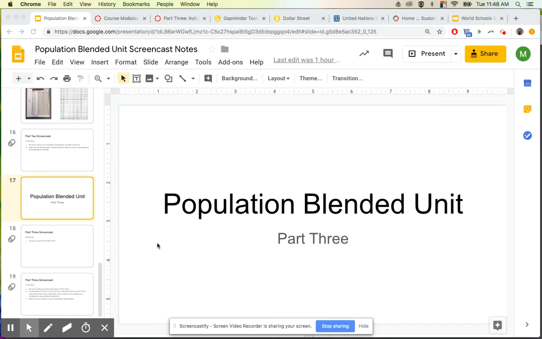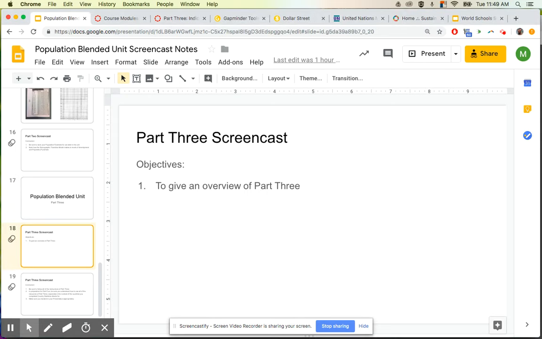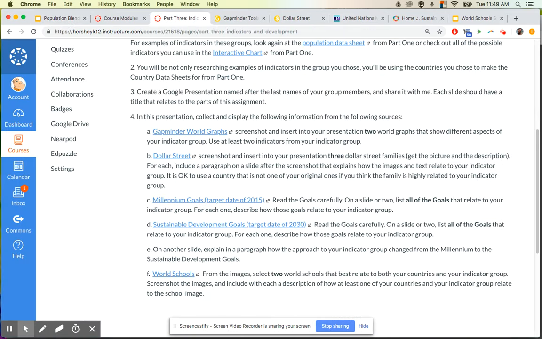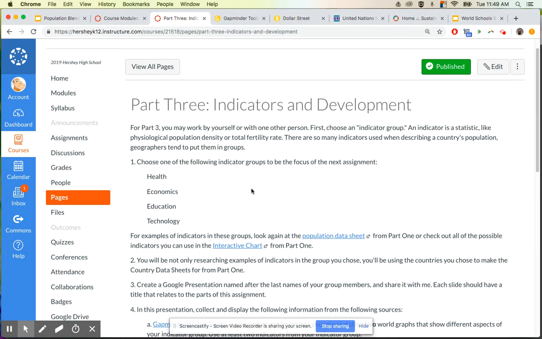In this particular screencast, I am going to give an overview of Part 3. Part 3, of course, has a lot of information to follow along, so I'm just going to take it bit by bit to make sure you understand. For Part 3, you may work by yourself or with another person, and you're also going to need to choose